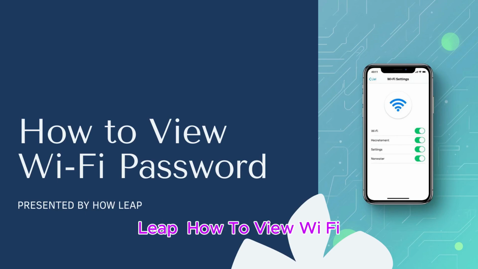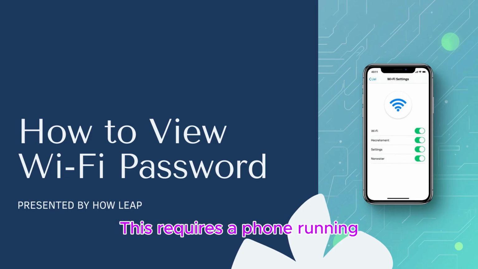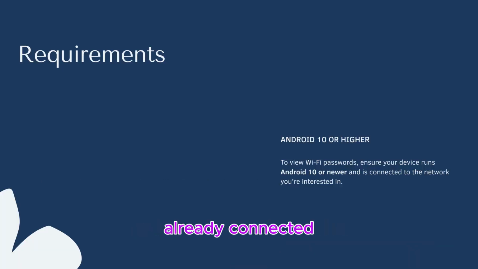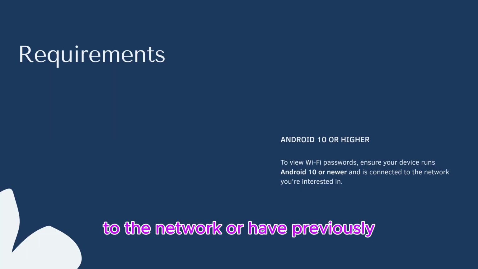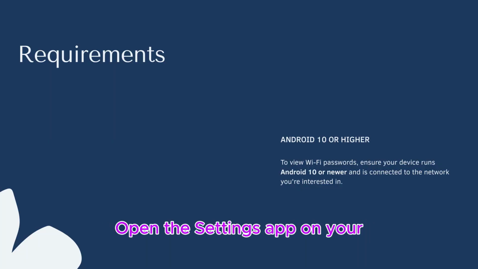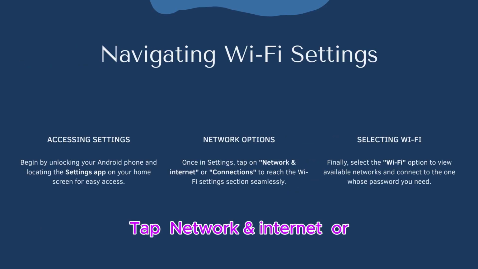You're watching how to view Wi-Fi password on Android phone. This requires a phone running Android 10 or higher, and you must be already connected to the network or have previously connected to it. Open the Settings app on your Android phone, tap Network and Internet or Connections, then select